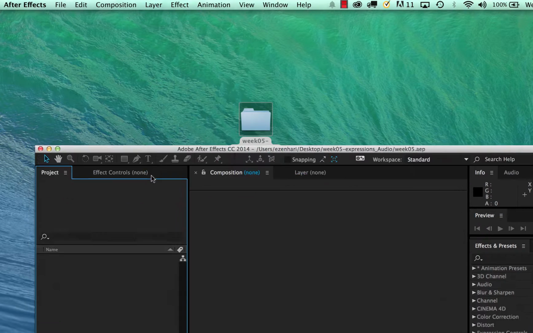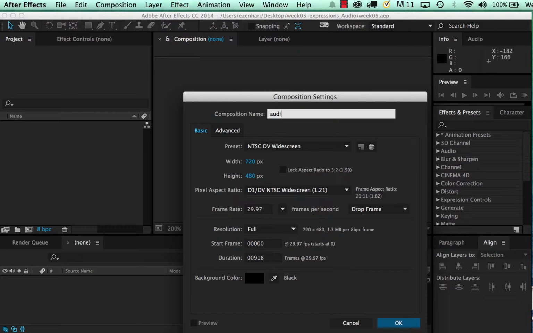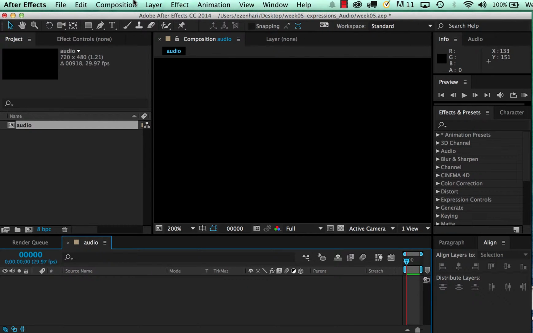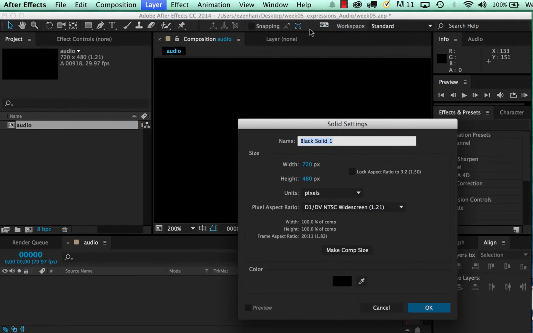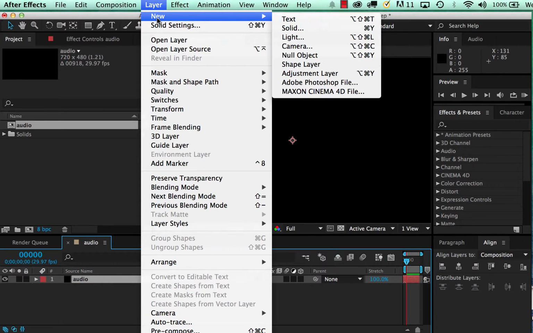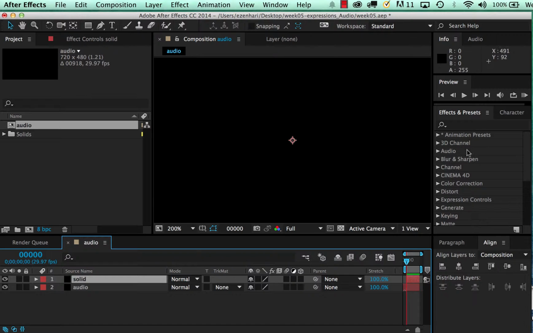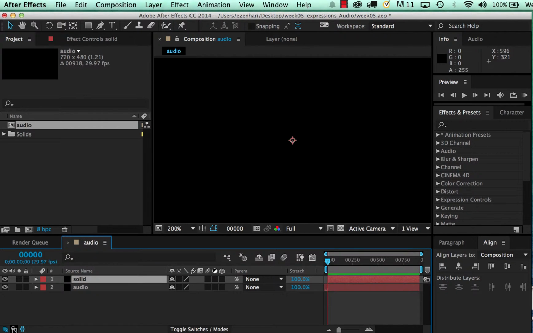So I'm going to go ahead and create a new composition. I'm going to say audio, and the first thing I'm going to do is add a new solid. Make sure the solid is black, and I'm going to call this audio, and I'm going to add another layer, another solid, and call that just solid. So I'm going to just make this a little